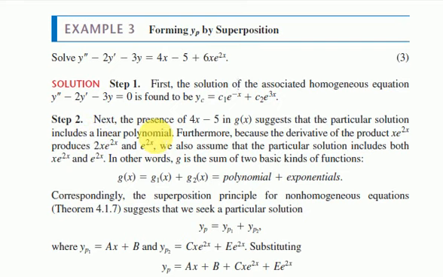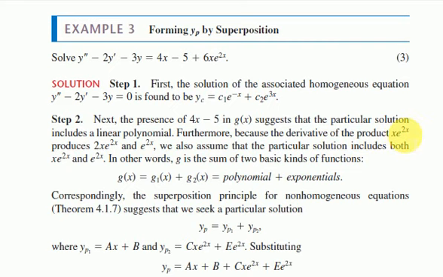As in the last 2 questions we solved, we assume a particular solution with undetermined coefficients, which are like the given g of x. So here this is a linear polynomial, and this is the product x e